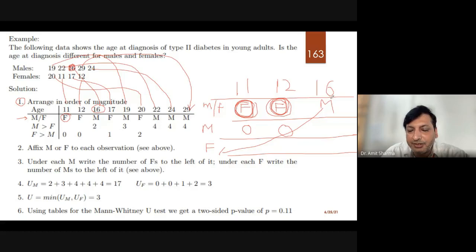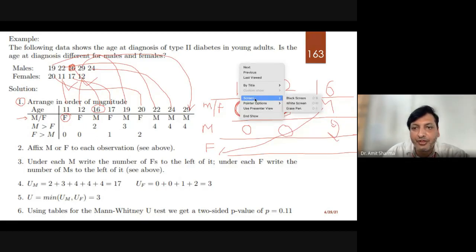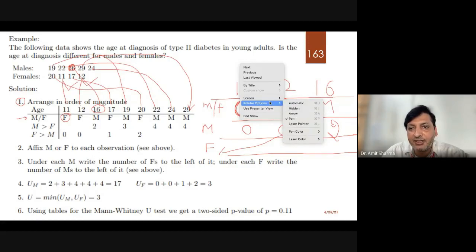Come to third, 16 is a male. Any female less than 16? Yes, we have 2. One is 11 and one is 12. So we'll write 2. Like this, we have to follow the opposite group: how many numbers are there